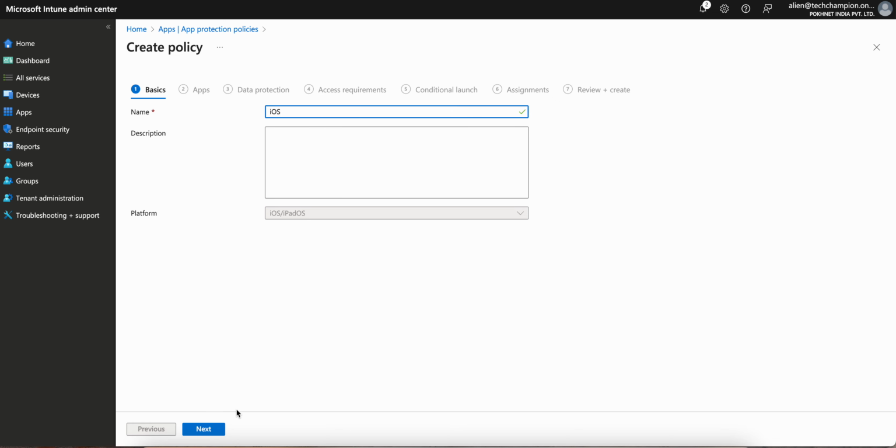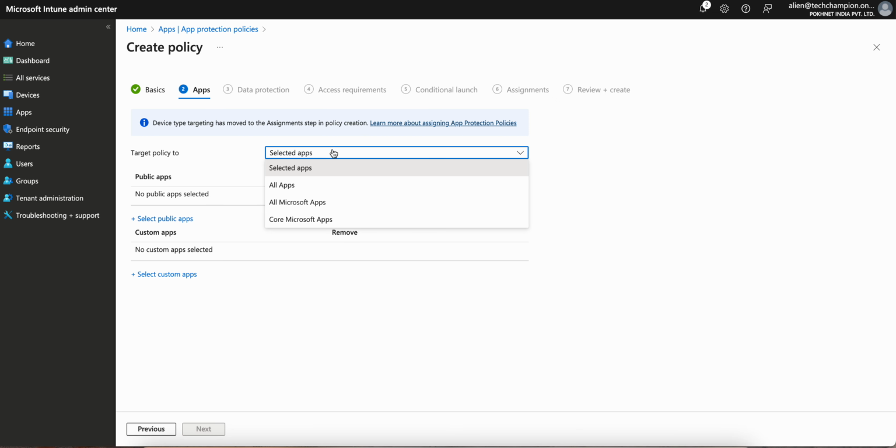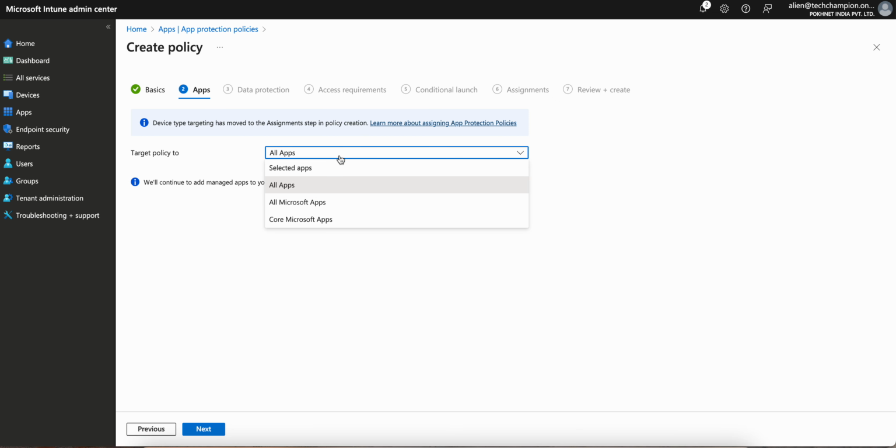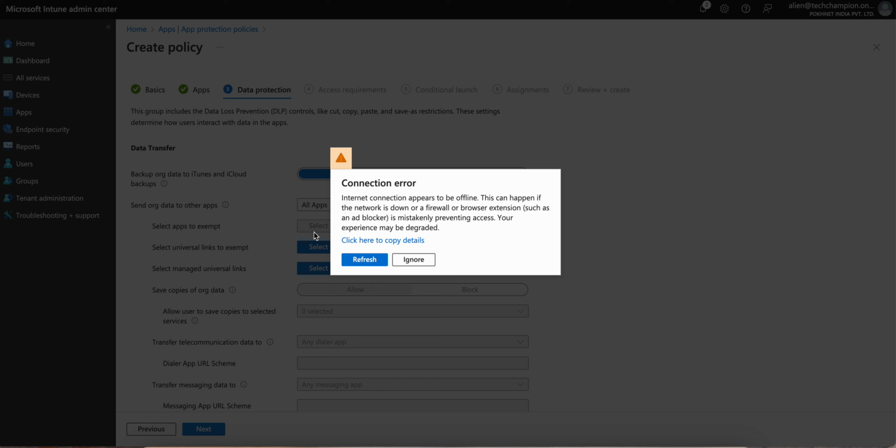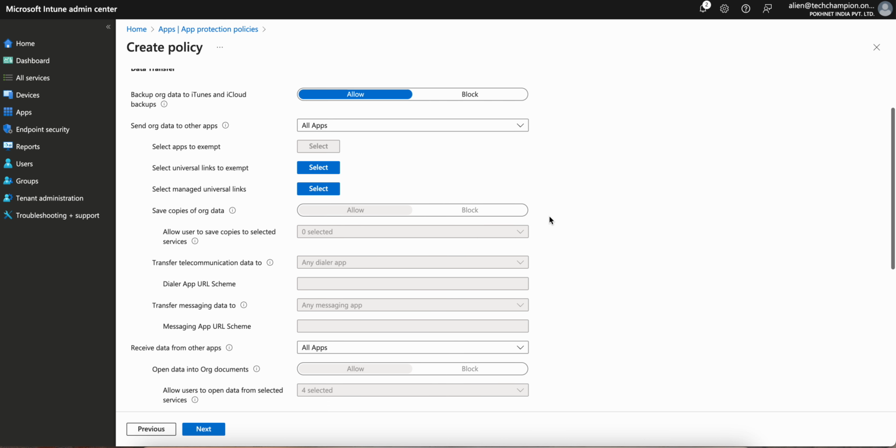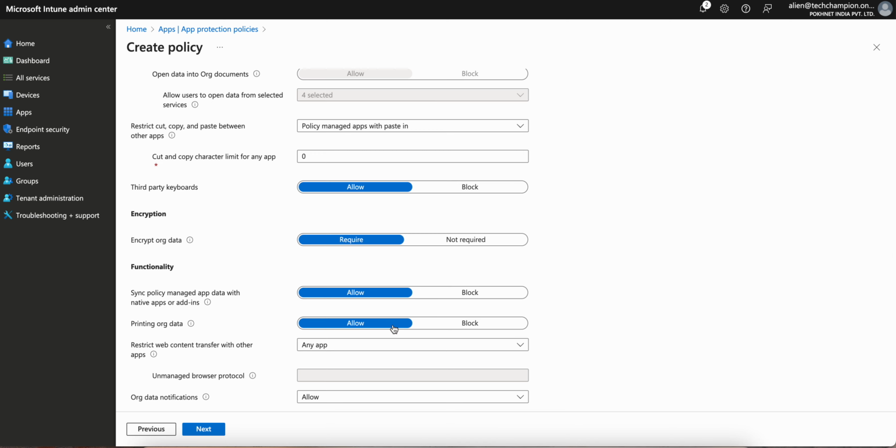So iOS, go to next, select all apps or Microsoft apps, whatever you already have, and now go here, next,